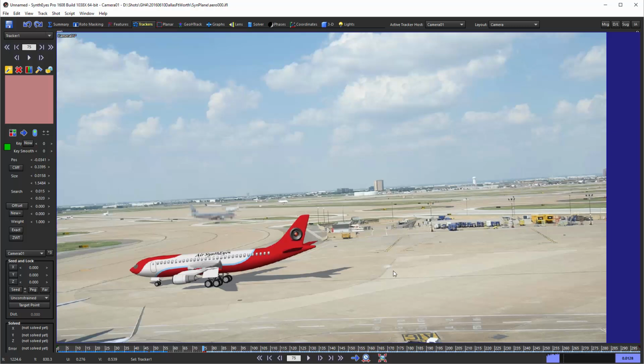Nothing's happened so far, so my two choices are either hold down the Z key and go click out in the viewport, or I can just go and wiggle a little in the little mini tracker view while holding down the mouse, and that causes the tracker to reappear. So I can now